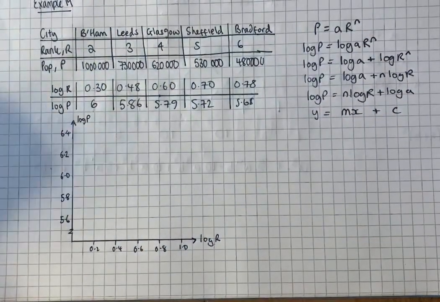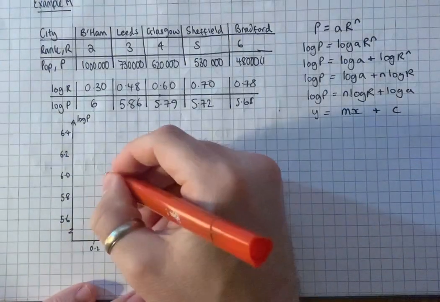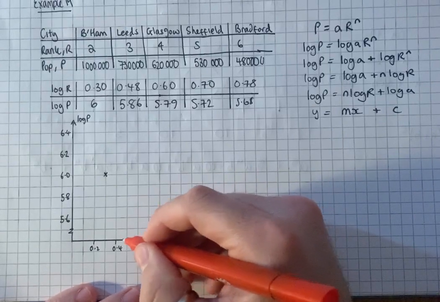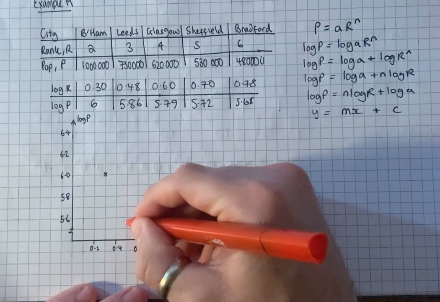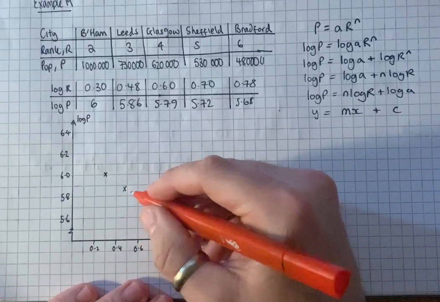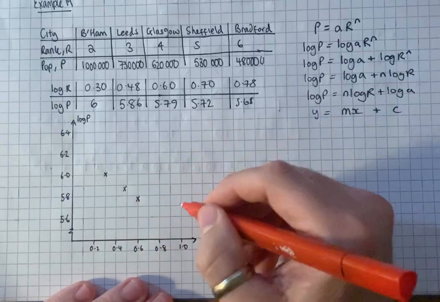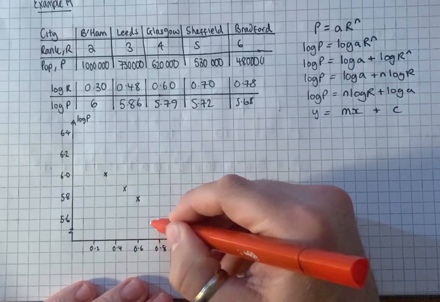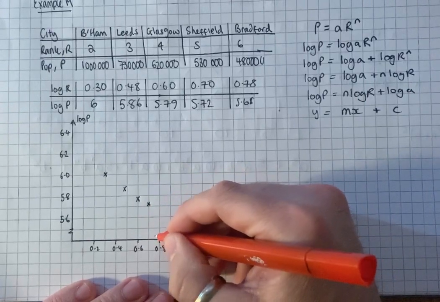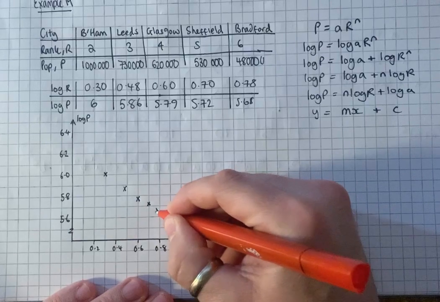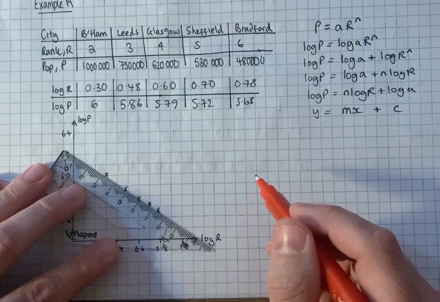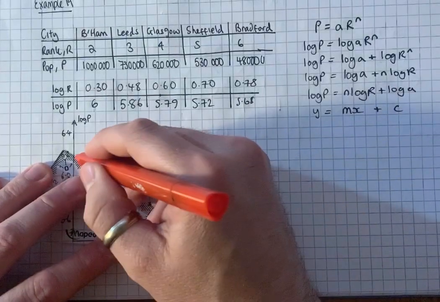So let's now plot these on a graph. So 0.3 is 6, 0.48 is 5.86, 0.6 is 5.79, 0.7, 5.72, 0.78, 5.68. As you can see, that does form a more linear pattern. If we draw a line of best fit,